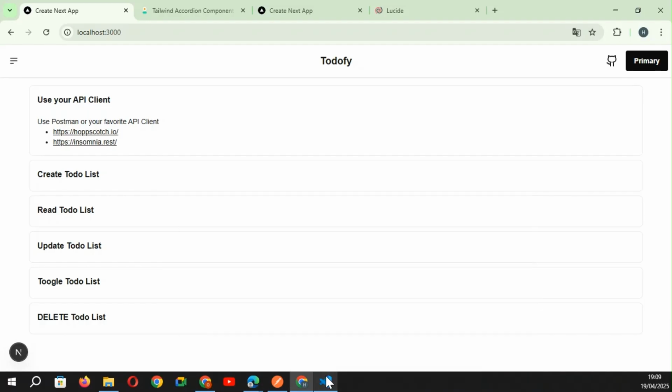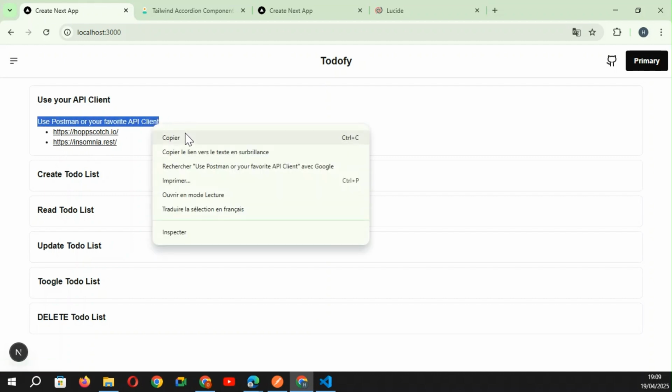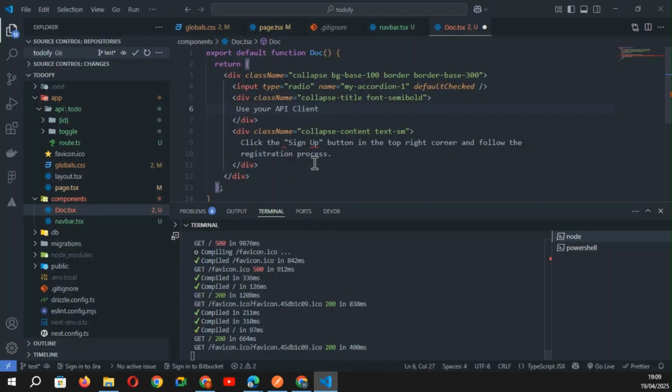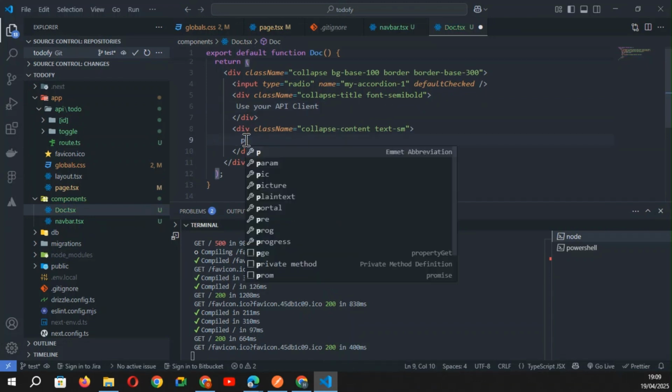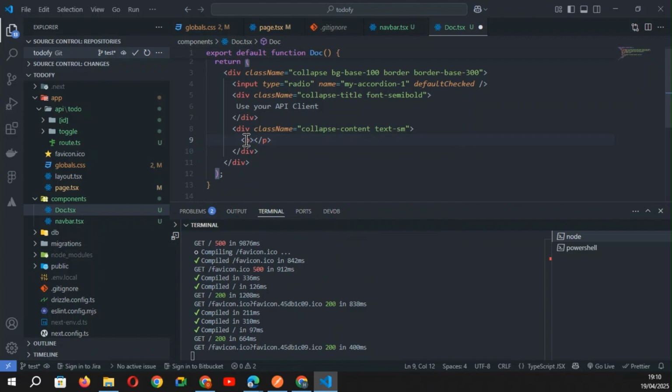Okay, and here we have many API clients. Okay, we have Postman, we have Hoppscotch, we have Insomnia. So you have a choice. So it's just for example. So paragraph, okay,